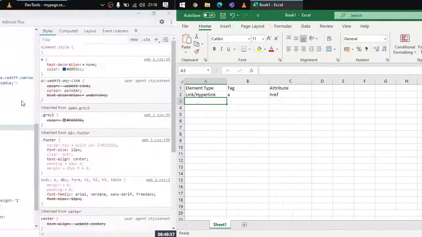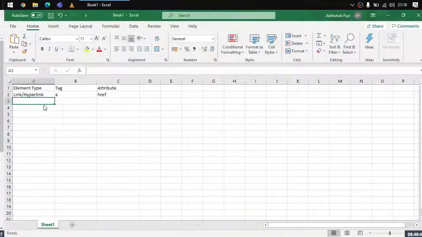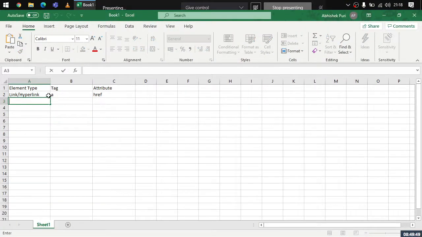Now what is another tag type? Whenever there is a text on the page, it is represented by two things. Either it is a span or it is a div, right? So there are two things. Text can be represented by span or div. So there are multiple tags for this thing. We can see that. Is there any mandatory attribute? No, there is no mandatory attribute here.